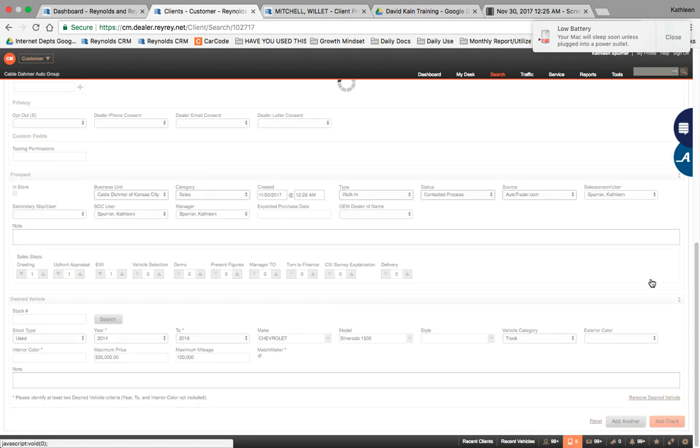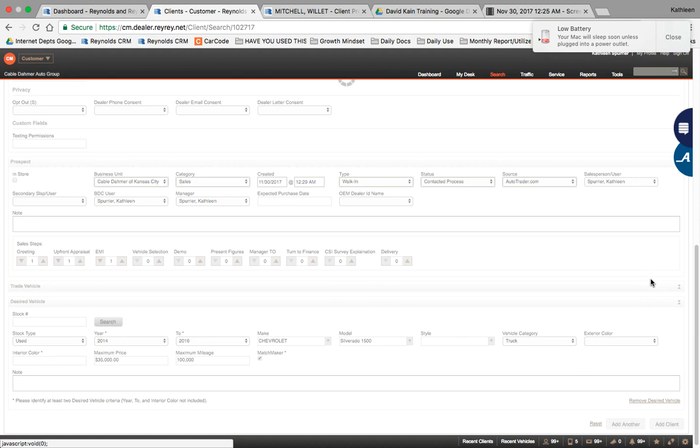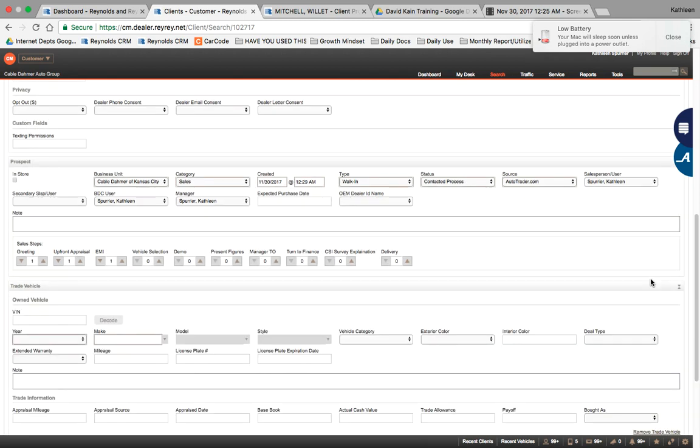You can go ahead and add your trade at this moment too. I know this is a lot, but I'm telling you, if you put this information in, you're going to save yourself so much time with the back and forth and the paperwork and having to fill out things and re-signs and all of that. So putting your